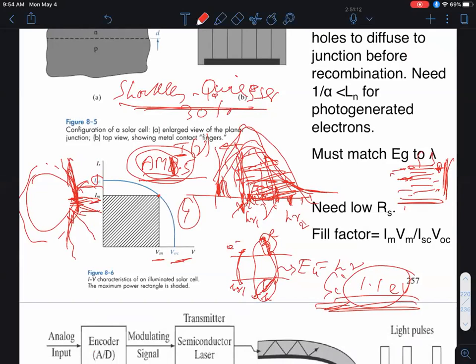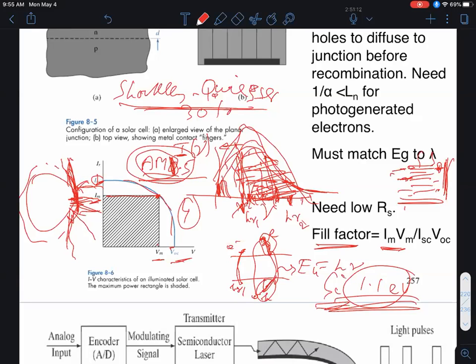The power that I get out of the solar cell at that operating point is IM times VM, okay? And you, of course, want to maximize the power extraction from the solar cell. So you choose the largest area rectangle that you can inscribe in this IV characteristics of the solar cell. So that determines what's called the fill factor of the solar cell, okay? So that's the maximum operating point and the maximum power output, IM times VM, divided by I short circuit over